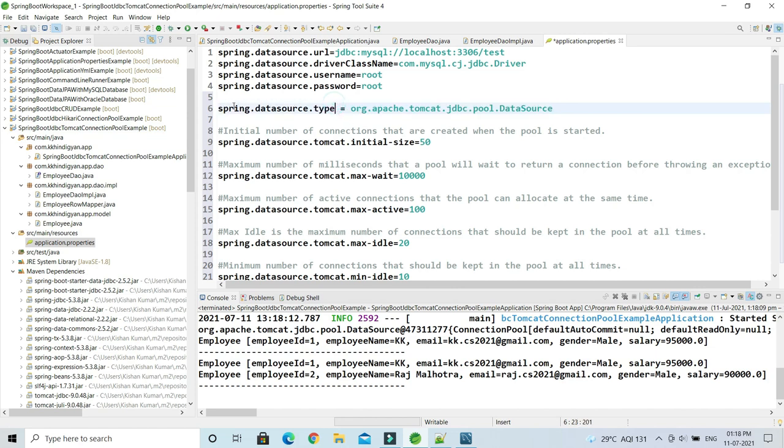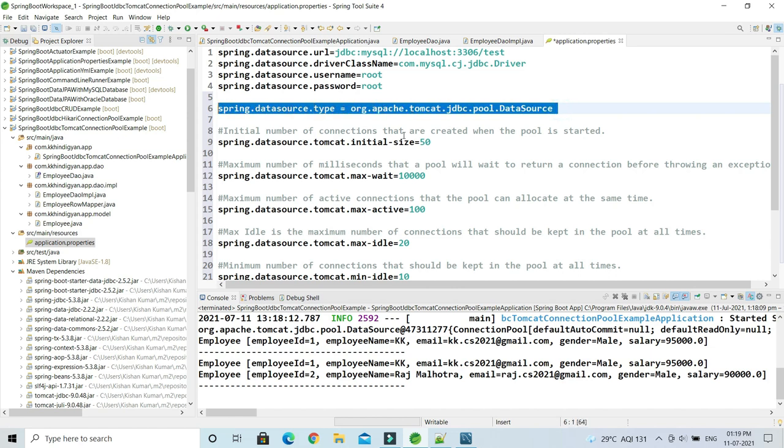Still, optionally you can add this one. In the slide I said that if you are using Spring Boot 2, entering this in application properties is mandatory. Sorry for that, it seems it's not mandatory. Once you add the dependency in your class path, the application is going to use the Tomcat connection pool, and this is completely optional.